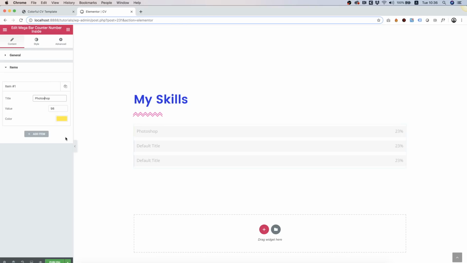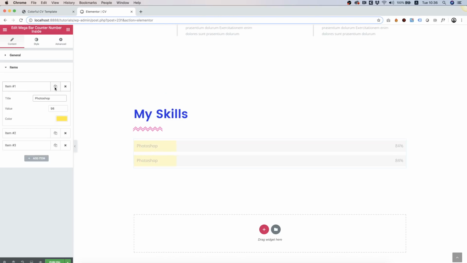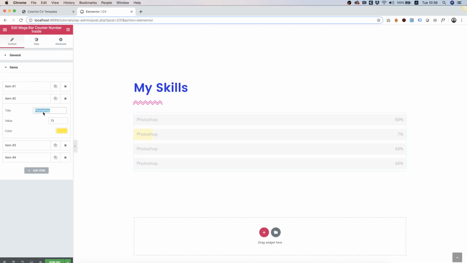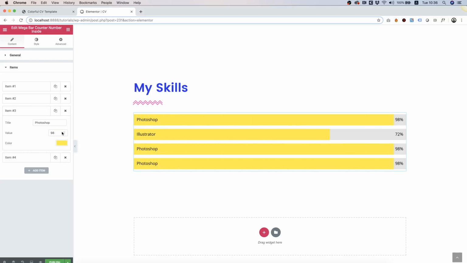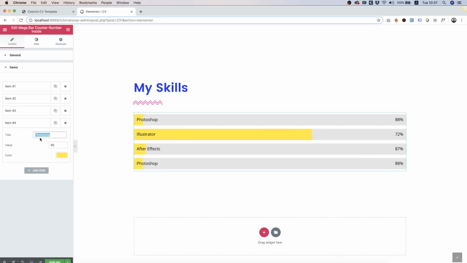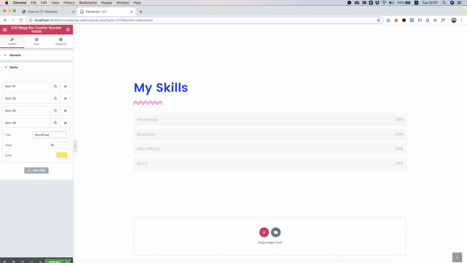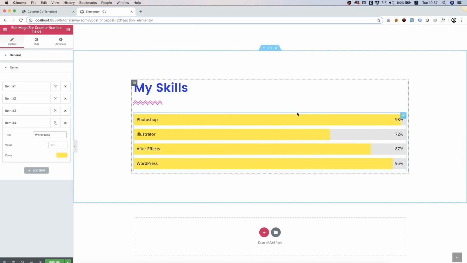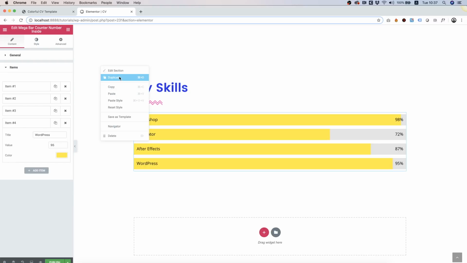Let's delete all the others and just duplicate this one a couple of times so we have the same color, and we can change the values according to our needs. This is looking good. Let's do the last one. And perfect. So next thing I'm going to do is I'm going to change this background to pink so I have